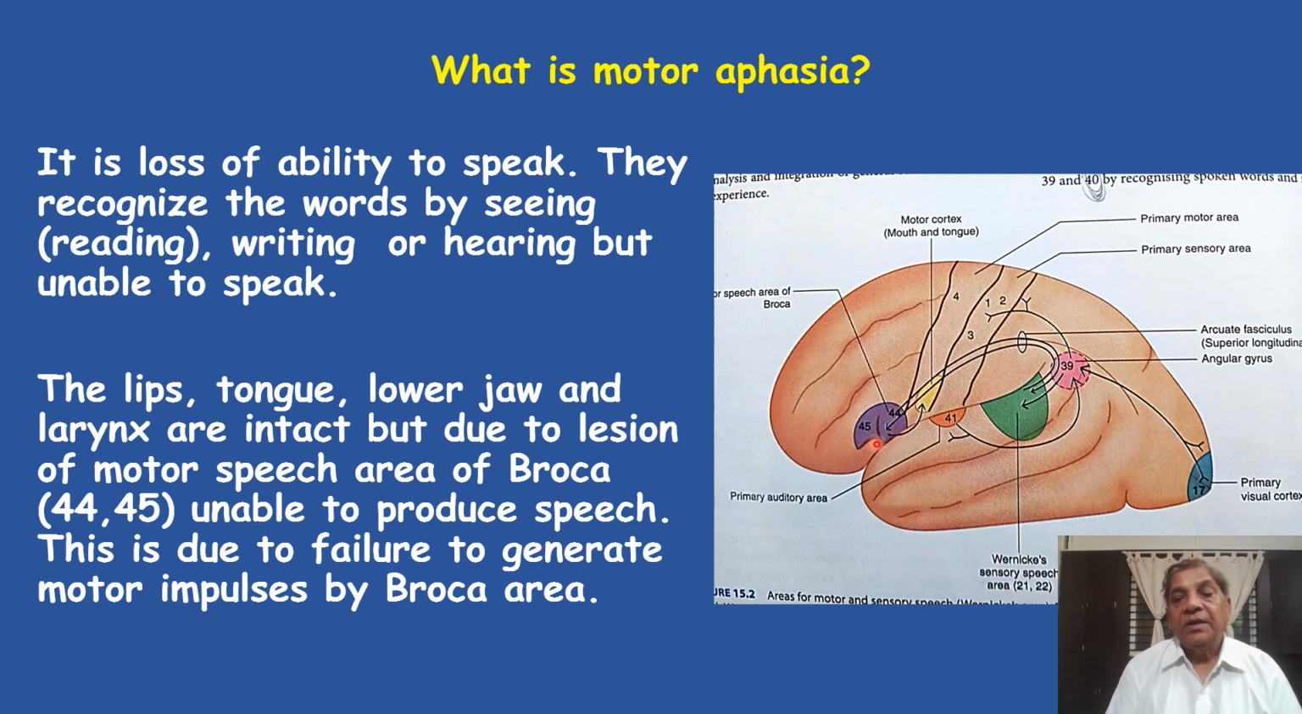If you ask them what is your name, they understand what is being asked to them, but they will not be able to speak. That is called motor aphasia. In this condition, the lips, tongue, lower jaw and larynx are intact, but due to the lesion of the motor speech area, Broca's area 44 and 45, they are unable to produce the speech. That is called motor aphasia, and this is due to the failure to generate the motor impulse by the Broca's